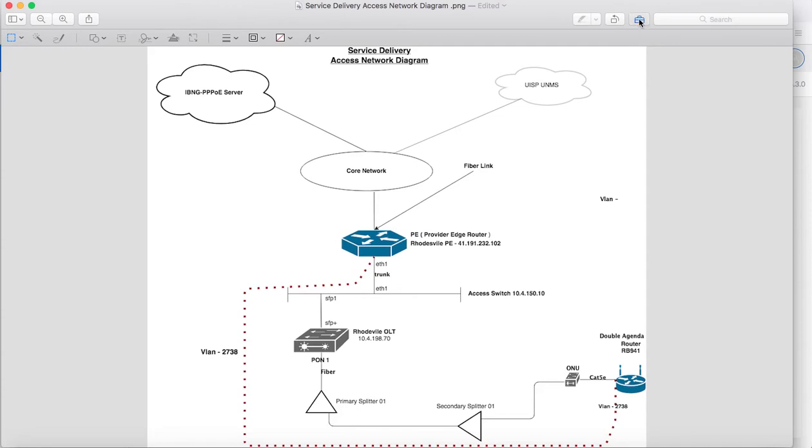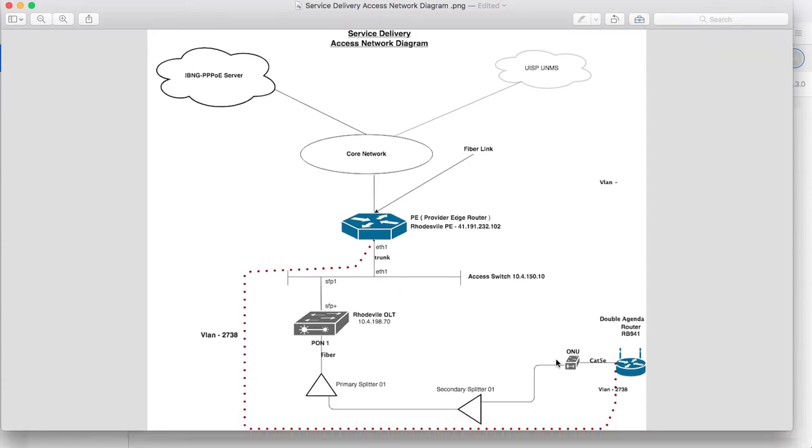So, all right, let's remove that. So basically, this is just a basic diagram, right? But what we want to mainly look at is that this is very important. The reason why I am showing this diagram is because for you to be able to configure this ONU properly, you need to be able to have